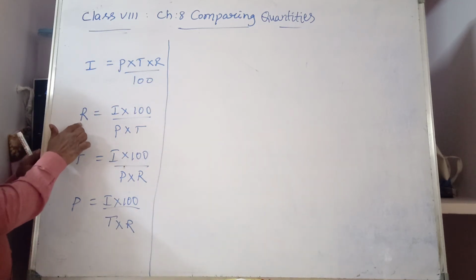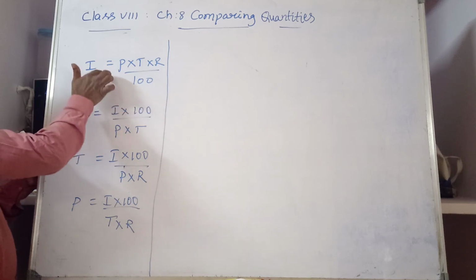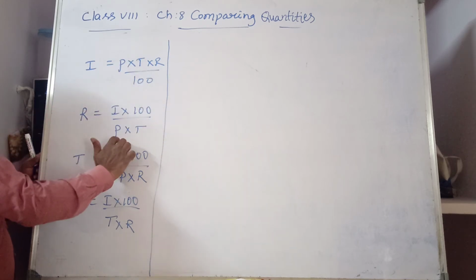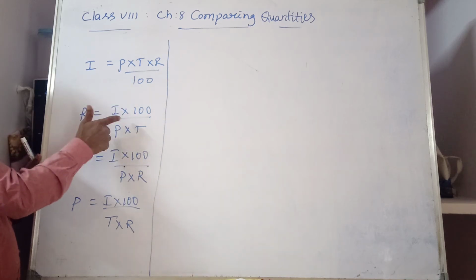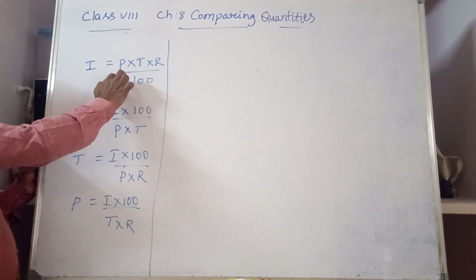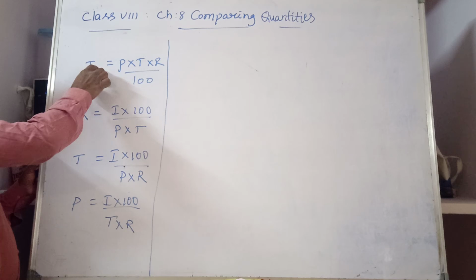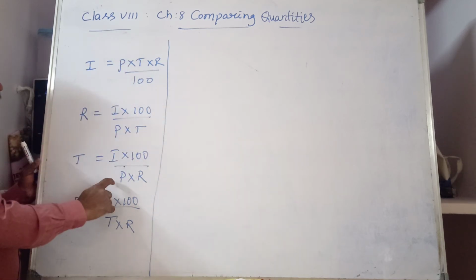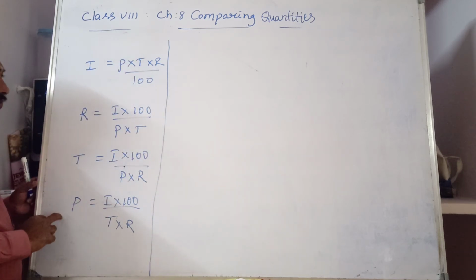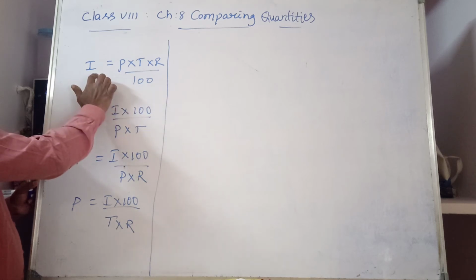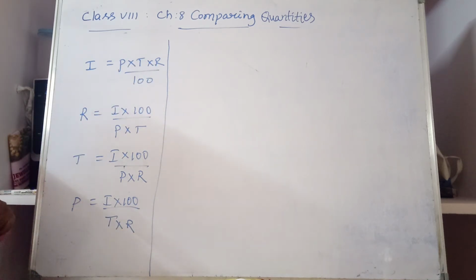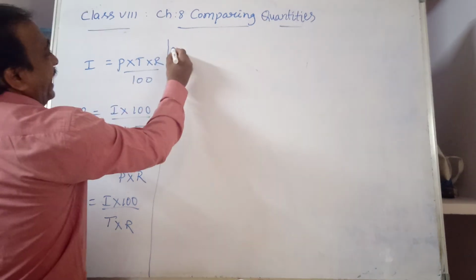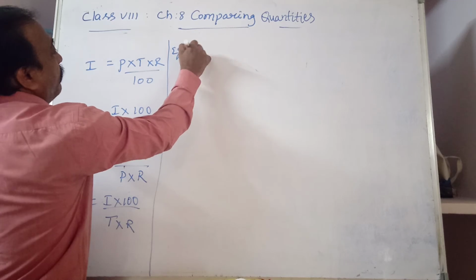I is equal to P into T into R by 100. Suppose you want to find out R, just transpose this side, I into 100 by P into T. If you want to find out T, then transpose 100, I into 100 by P into R. If you want to find out P, then I into 100 by T into R. One question example we see with this. Example: find